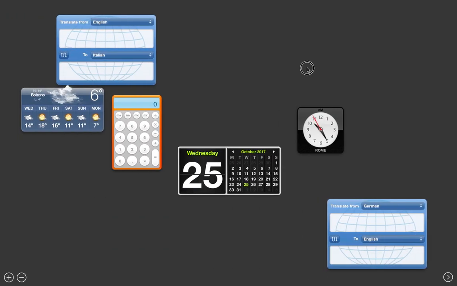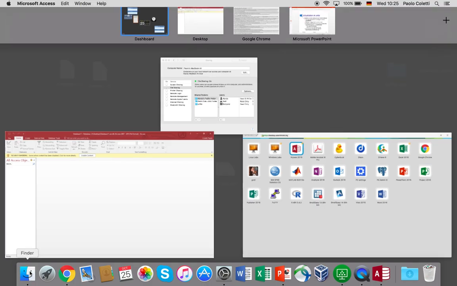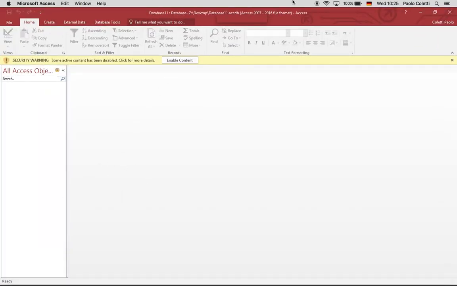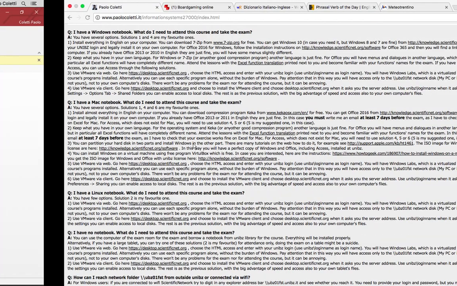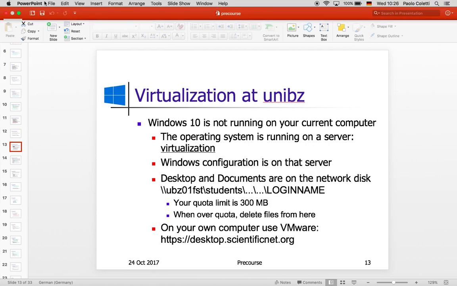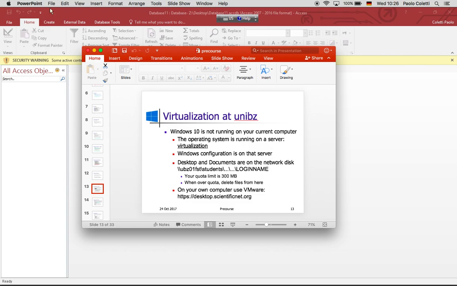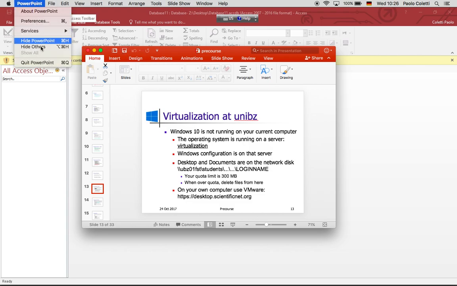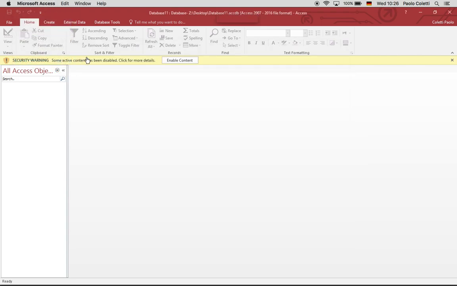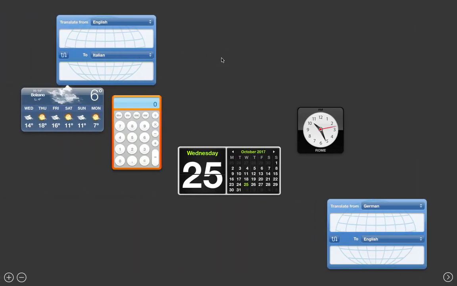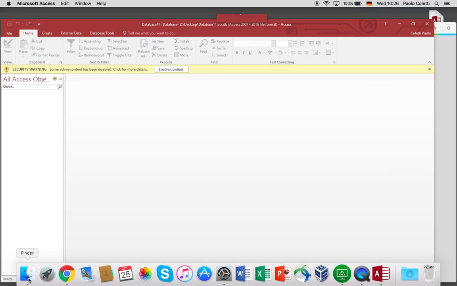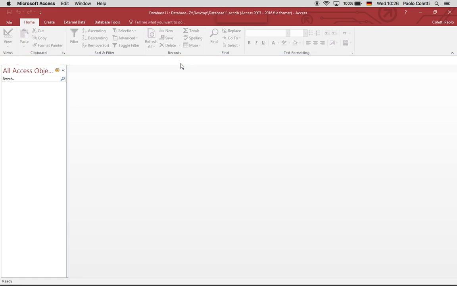No, I can't reach the Mac. Finder. Okay. When I am able to reach the Mac desktop, I will also be able to show it to you.